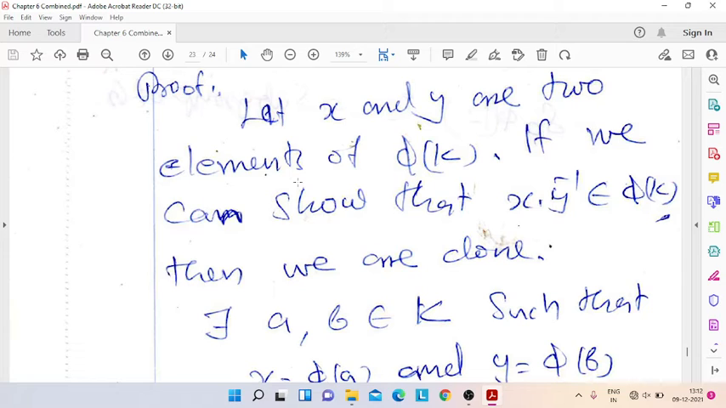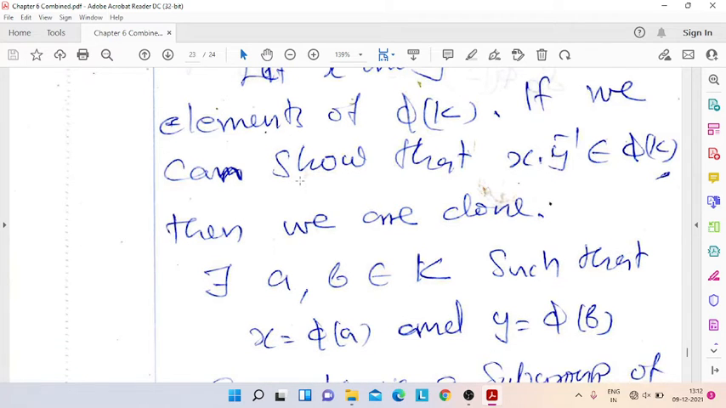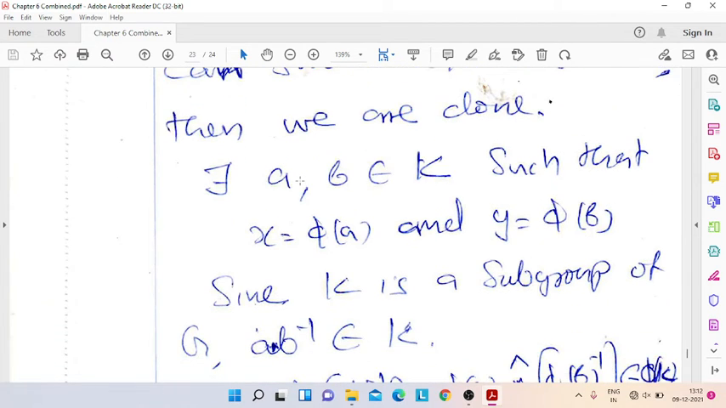If we can show that x star y inverse is an element of phi k, so whenever x and y are elements of phi k, if we can show that x star y inverse is an element of phi k, then we are done. Then there exist a and b that are elements of K such that